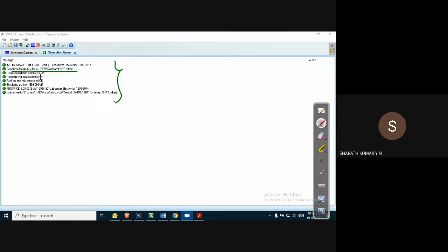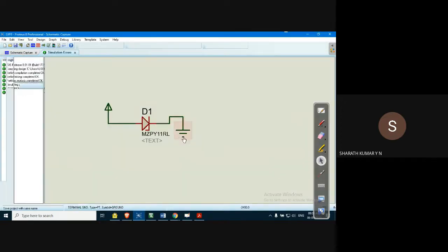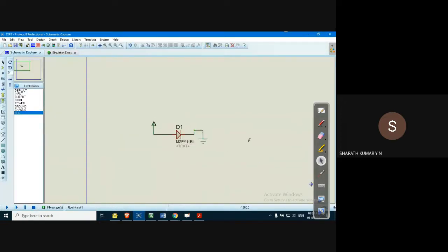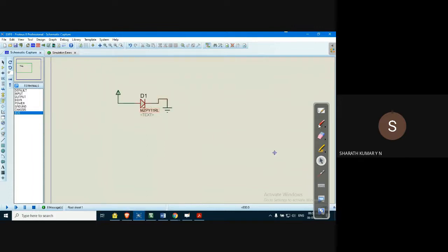So it is compiling: netlist compilation, netlist linking, partition analysis, simulation partition, Proteus and this package. Also the path from where the netlist is loaded. All this information will be displayed in this window, so this has a lot of information to provide to the programmer.